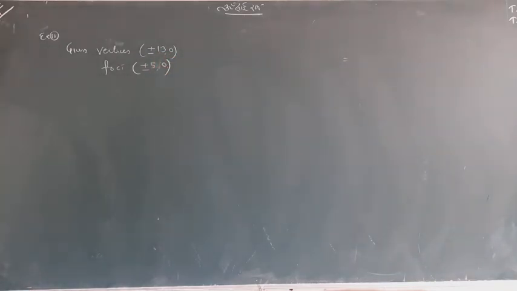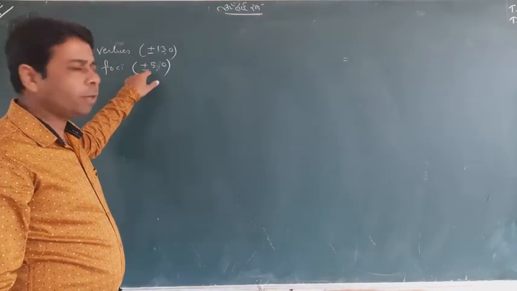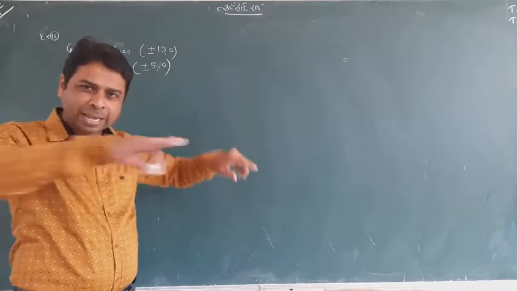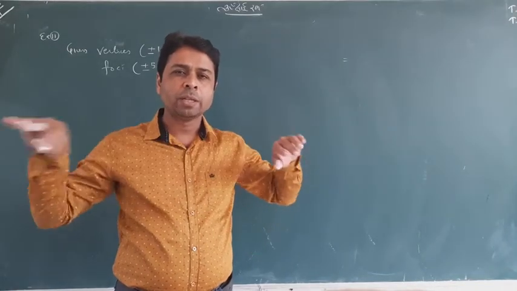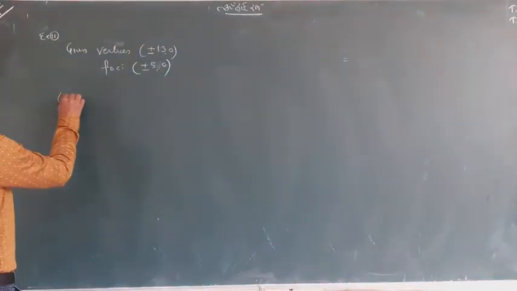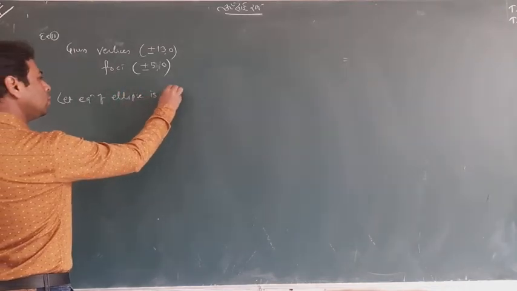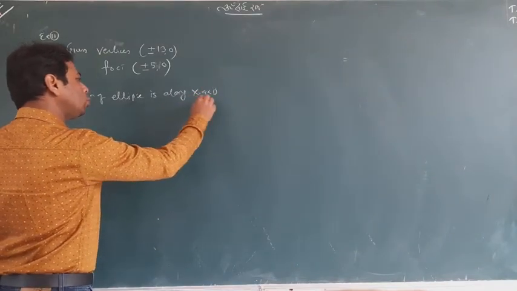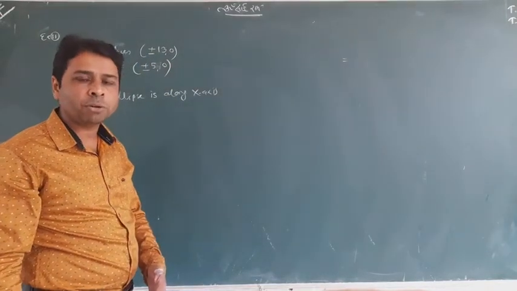Now, first of all, you should understand about vertex and focus. Can you see the nature? It's 0, and the x value exists, so it means that it is lying on the x-axis. The vertex as well as the focus is lying on the x-axis. It means that the ellipse is along the x-axis. So I will assume: let the equation of the ellipse be along the x-axis. Why do I come to know? It is along the x-axis because the vertex and focus are giving us the indication about that.